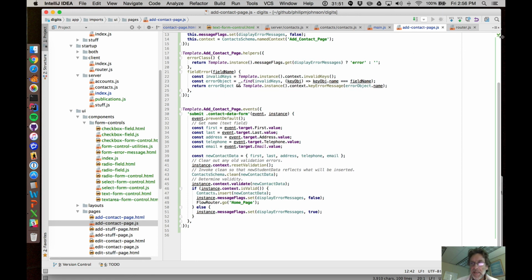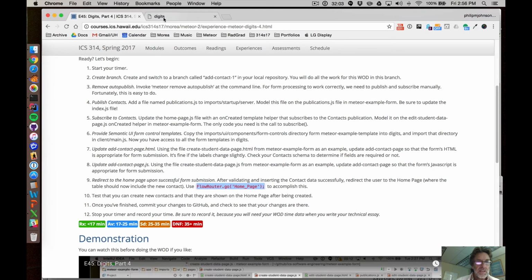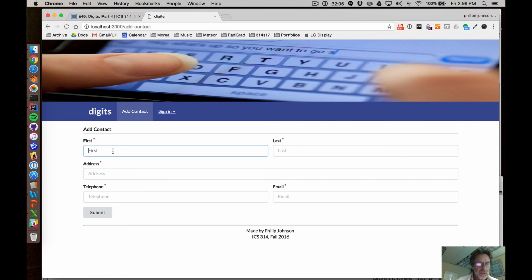So ESLint is passed. We've now defined our event handler when we press the submit button. All that's left is to make sure that everything restarts, which it has. Now let's go into digits and actually try it out. So let's say Edo Biagioni, 1680 or 90 east-west,